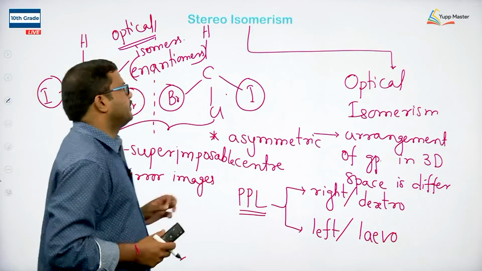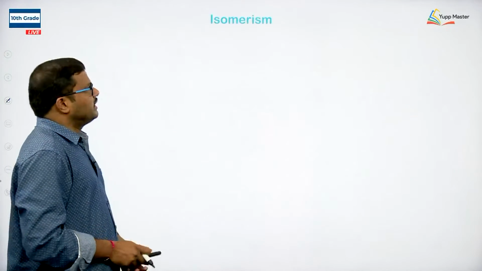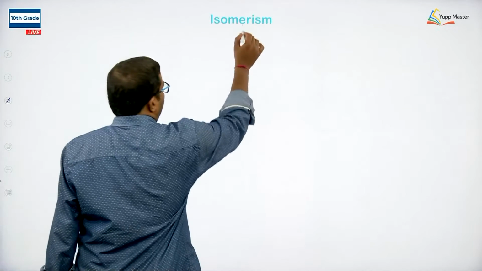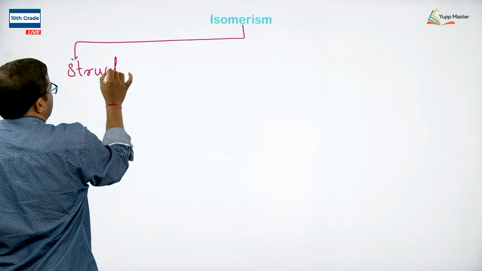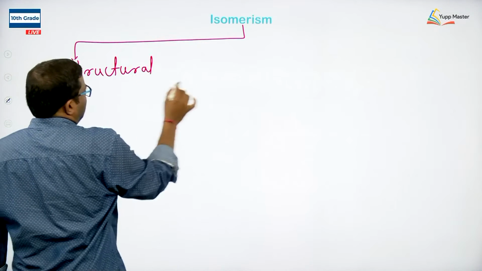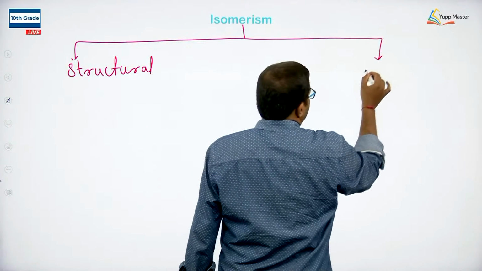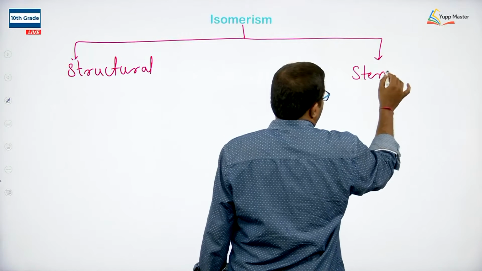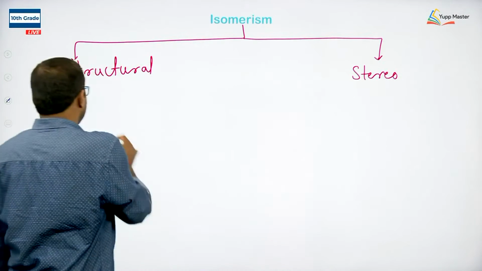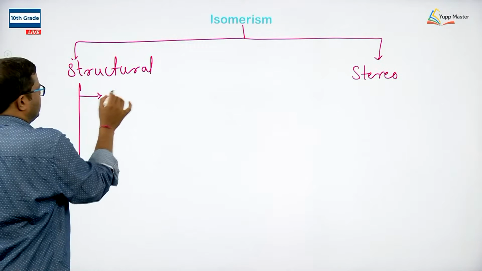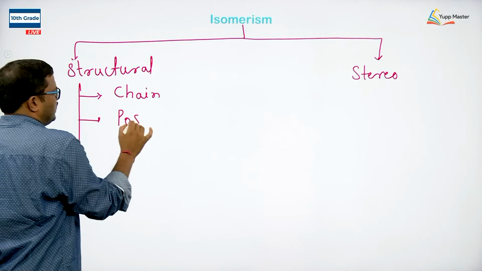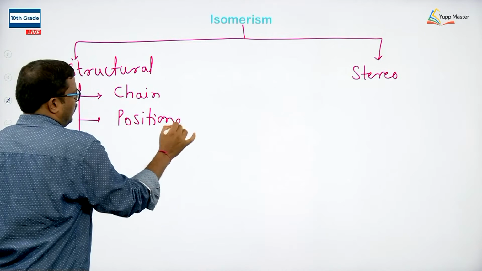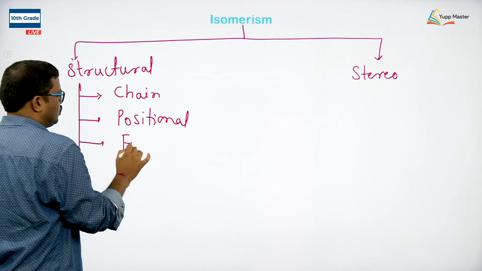Okay, right. So in general, if you observe what we have discussed so far from the last 2 days, we have categorized isomerism into structural isomerism as well as stereoisomerism. Within structural isomerism we have different branches. What are they? Chain isomerism, positional isomerism, and functional group isomerism,